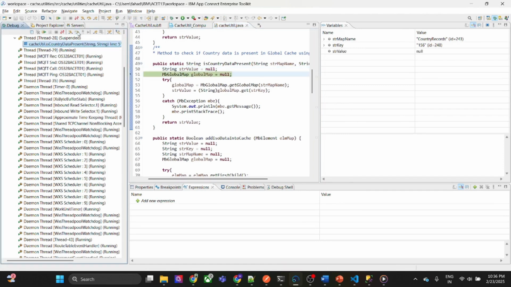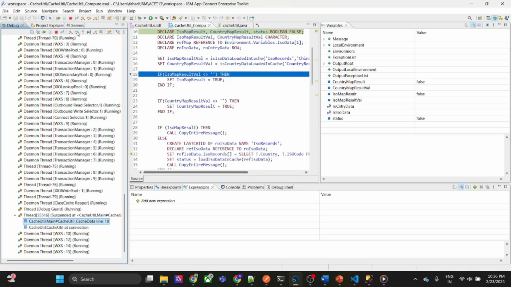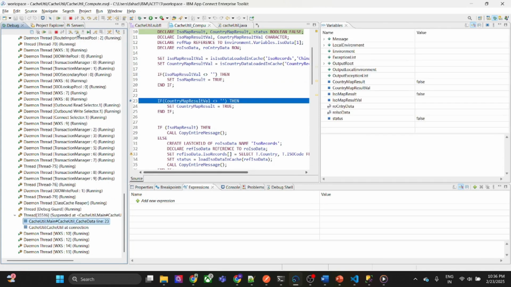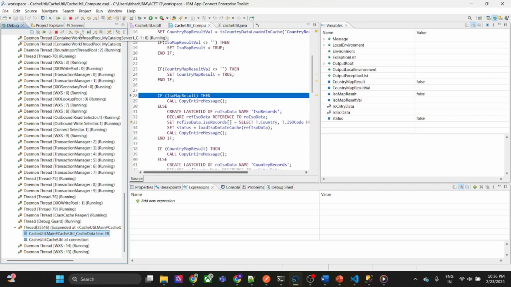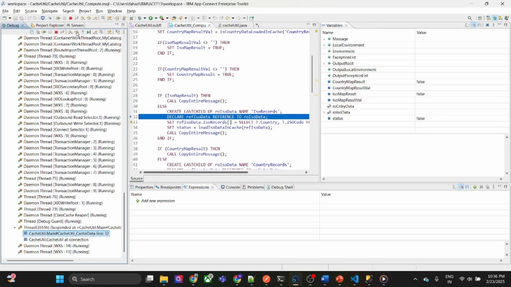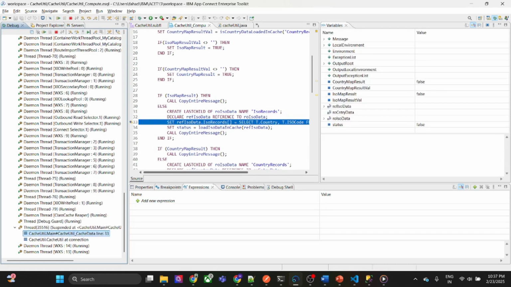So it's trying to get... it didn't find anything. It's returning a string value which is nothing but null, because there is nothing right now. So it will return false, and this is also returning false. Since this is false, it will go to else. It will create last child of row ISO data, and then in ref ISO data dot ISO record,